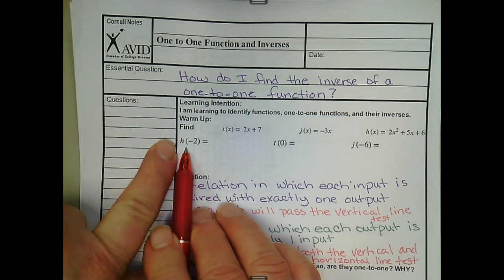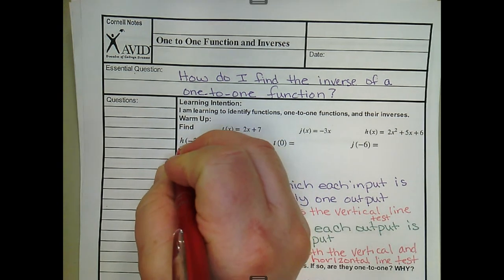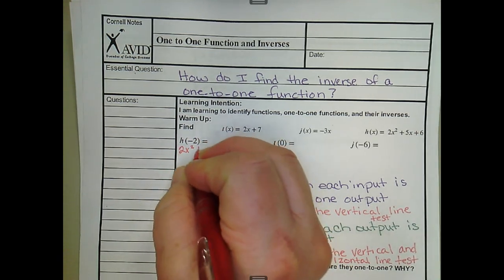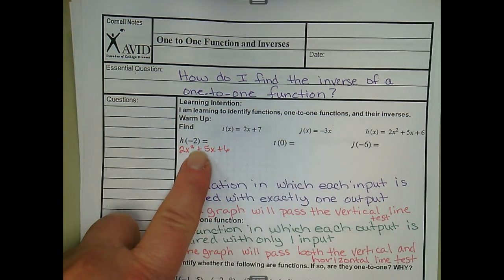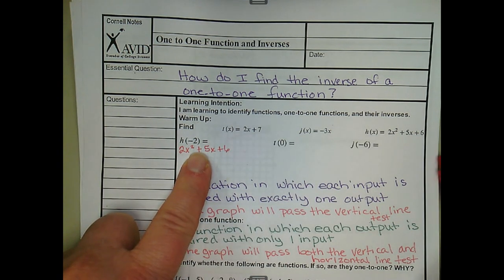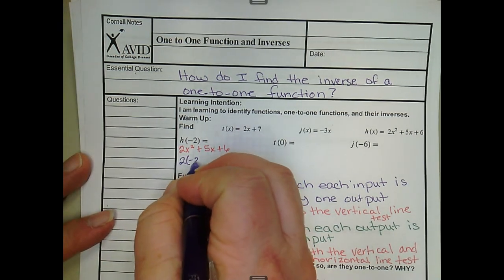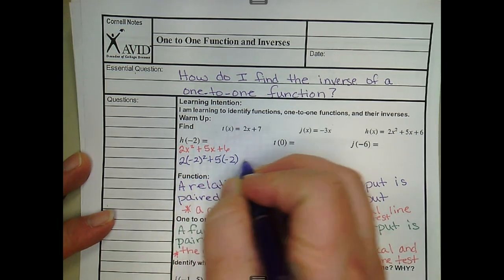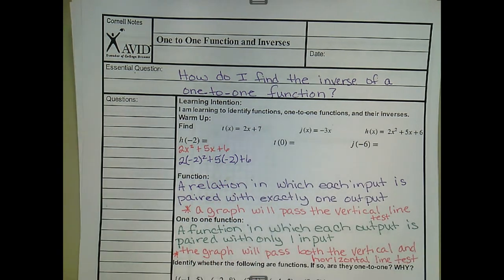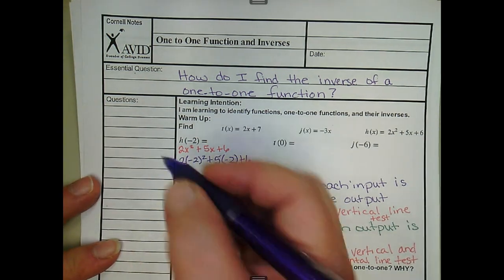H, that tells me which one of these three up here I'm using. Well, this is what I'm using: 2x squared plus 5x plus 6. But in place of x, I put a -2. So this will be 2 times -2 squared plus 5 times -2 plus 6. Okay, this is 4. So it's 2 times 4